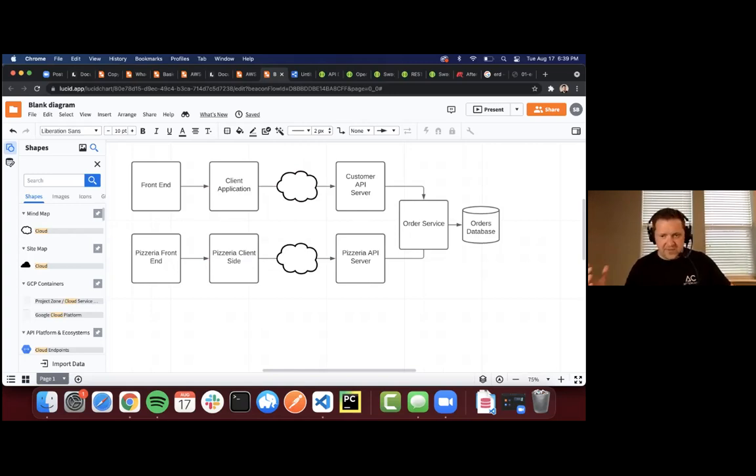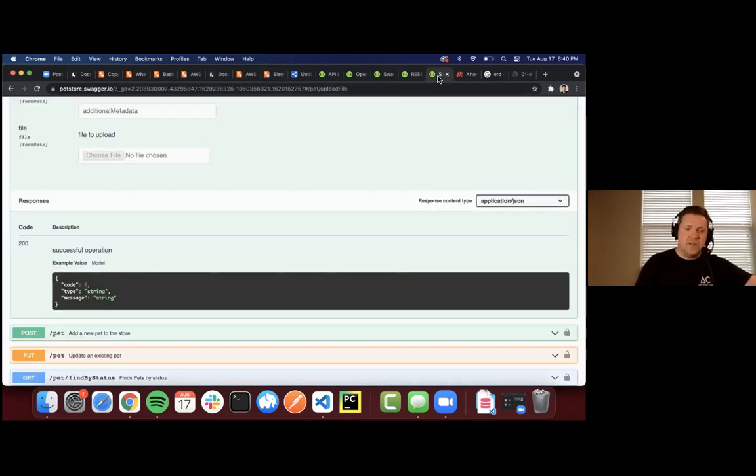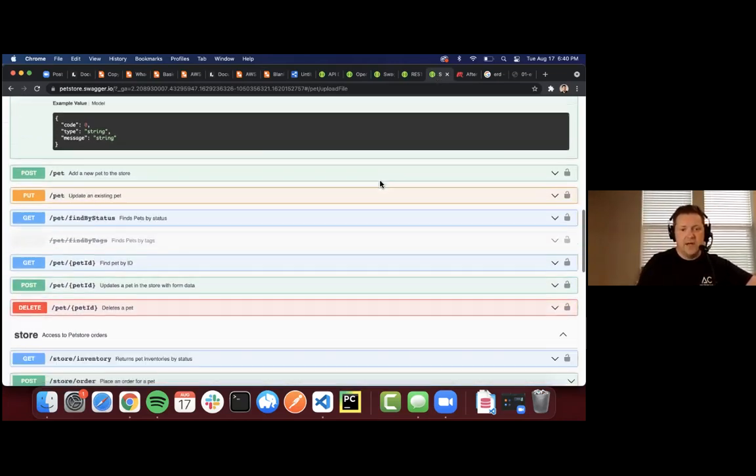We have a big team of developers working on this, and we all need to be in lockstep about what those endpoints are going to look like, right? Because the front end, we can't wait for the back end team to wrap up all of the endpoints before the front end team starts to actually call those endpoints. And so Swagger steps in and does this awesome job of having this standard way to say, here's the way that we're going to create our documentation for these endpoints so that everyone is on the same